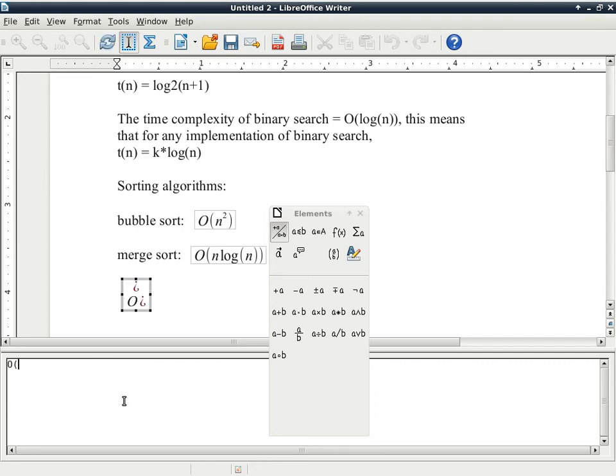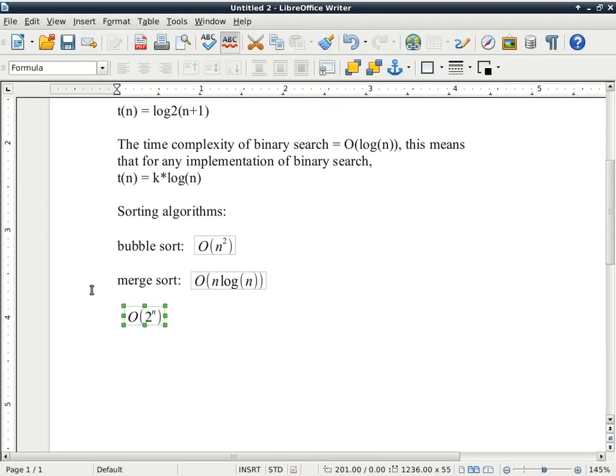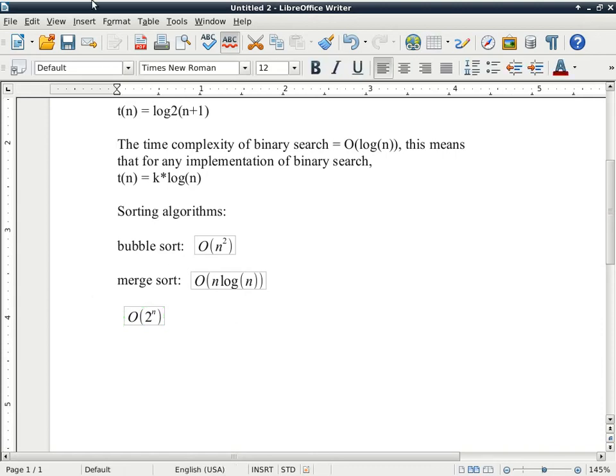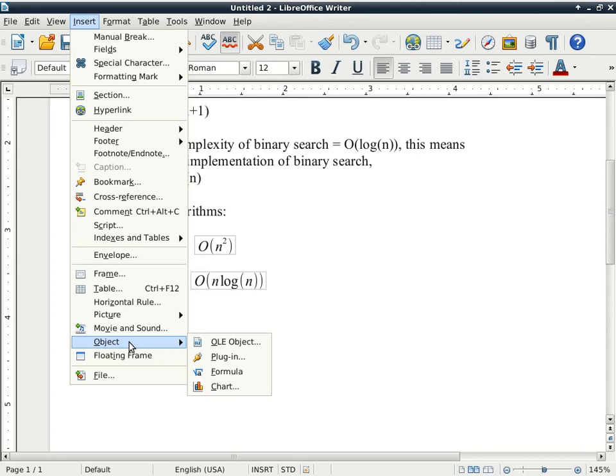Okay, so you would think that big O of 2 to the power of n, that looks pretty nasty, right? Because every time the problem is increased by 1, the amount of time it takes doubles. That is really nasty because the amount of time to finish an algorithm is actually exponential to the size of the problem. Can anything get possibly worse than this? I'll give you this one, and then you can decide for yourself why this is actually worse than it. Okay, so we'll go to